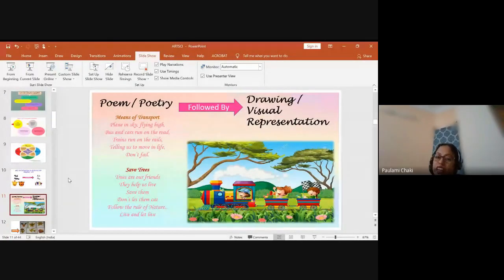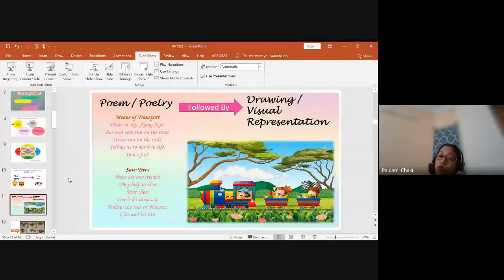For example, in grade 3, we have Water, where we can ask our students to write a poem on how to save water, water conservation. Then in slightly higher grades, we have the Water Cycle. So we can ask them to write a poem on the water cycle. This activity I have done in my class, so I can personally tell you that this was a very beautiful activity. Then for physical and chemical changes in grade 7, we can do it.